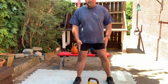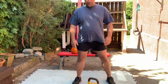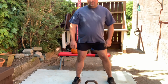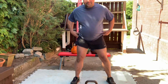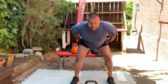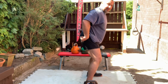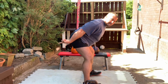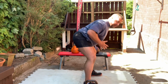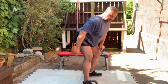My feet are shoulder width apart. My toes are mainly pointing forward, just out a little bit for comfort. I've got the kettlebell on the floor in front of me. You can just about see the handle there. I'm going to bend down, bend my knees, and push my hips back as far as I can to bring my bum back, like I'm trying to get my bum to touch the wall behind me. As I do that, I lean forward and I drop my belly in between the legs. We'll look down at the kettlebell,